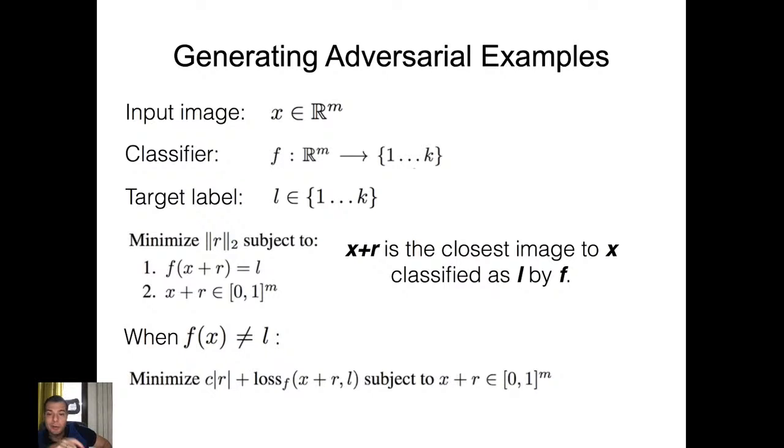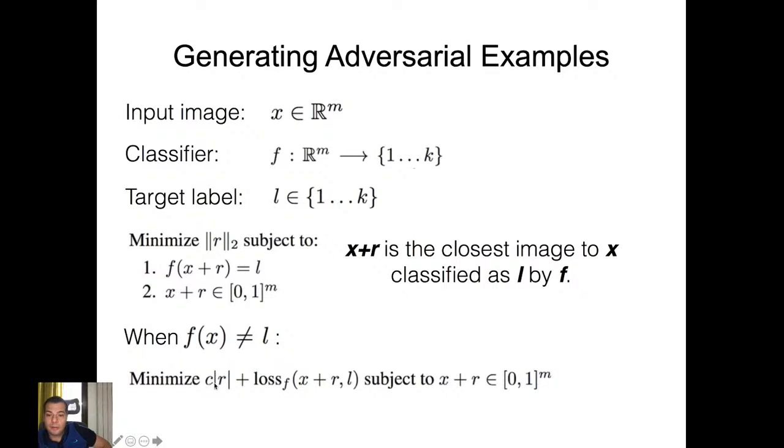characteristic of neural networks. So the main idea here, this is the model F, right? The classifier could be a neural network or something else. We want to obtain a target label L, which is different from the ground truth label, and we also want to make sure that the difference is not very high and is within some bounded margin. Okay, so the objective would look something like this.